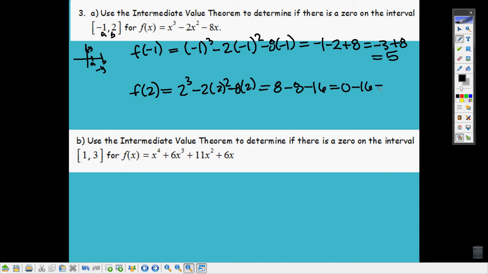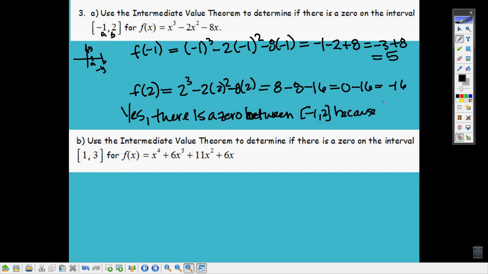And 0 minus 16 is a negative 16. So we did have a sign change. So we can say yes, there is a 0 between negative 1 and 2 because, how do we know